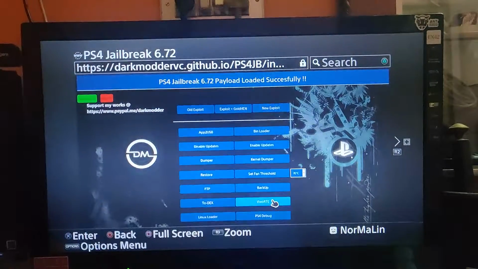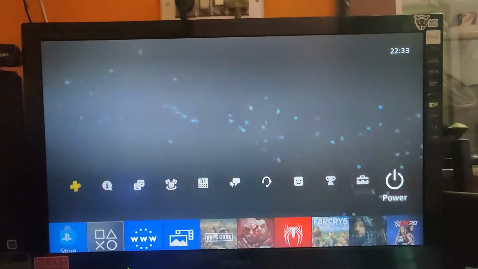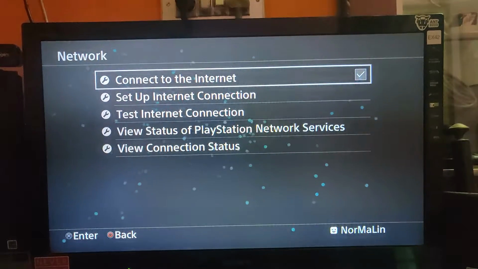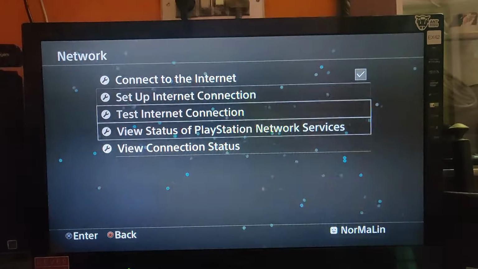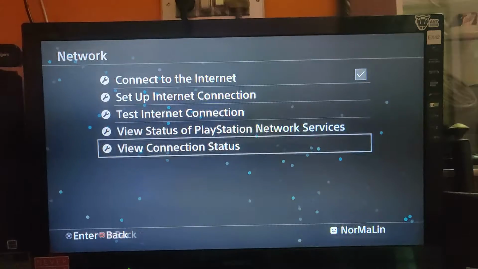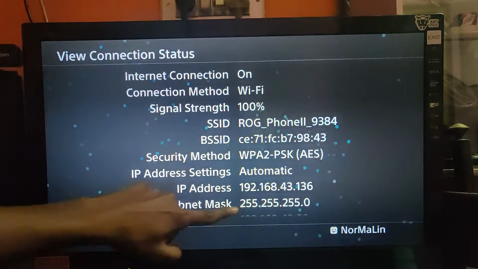Now back to your PlayStation. Go to settings. You need to be connected to the internet for this process to run successfully. Go to view connection status and you need to note down your IP address.